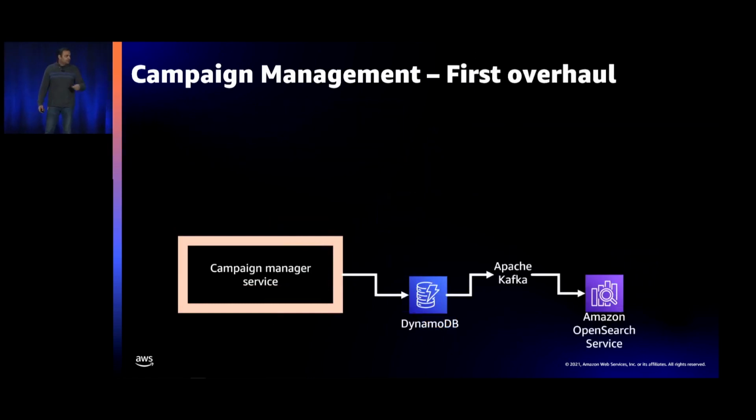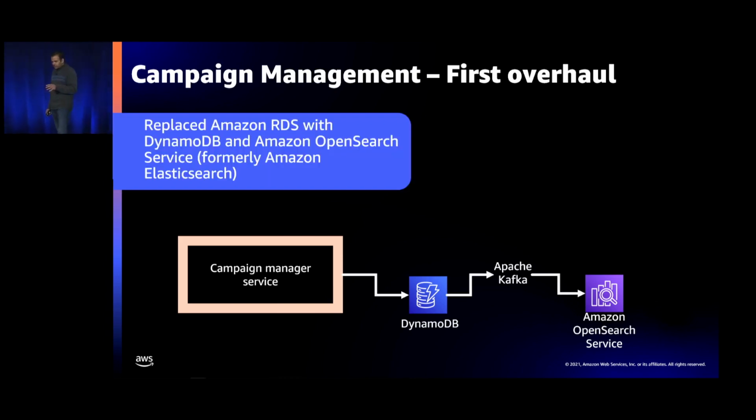This was the first overhaul of the systems. What we realized was we were building a system which needed automatic partitioning, which needed automatic scaling. And DynamoDB seemed to suit the bill. However, there were challenges. The relational data model had to be converted into a NoSQL data model. The next one was that SQL queries for joins and where clauses could be written much more easily. You can't do that on DynamoDB. So we augmented our DynamoDB with Elasticsearch.